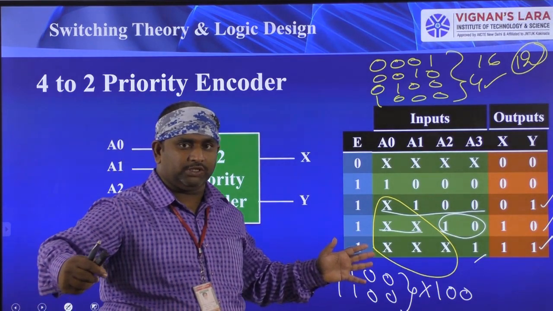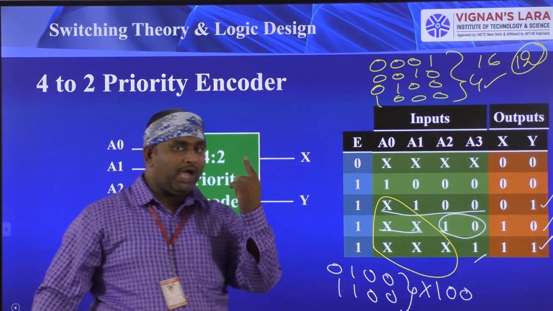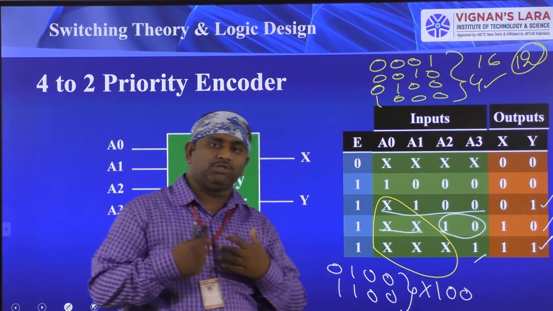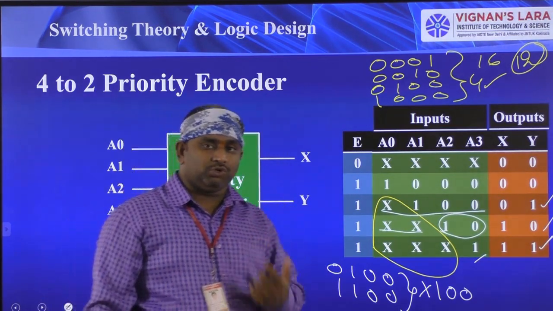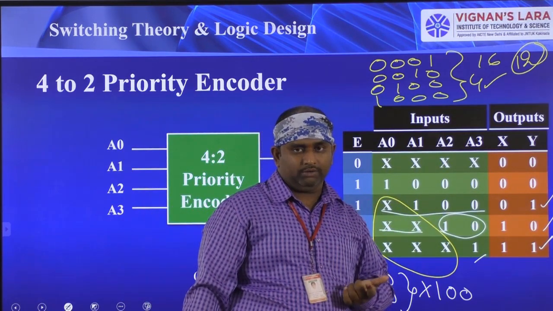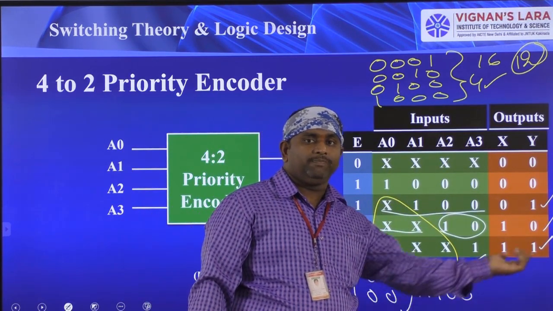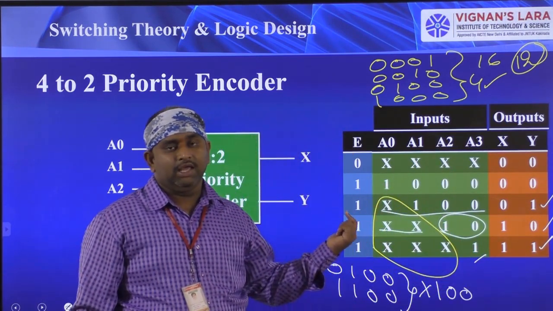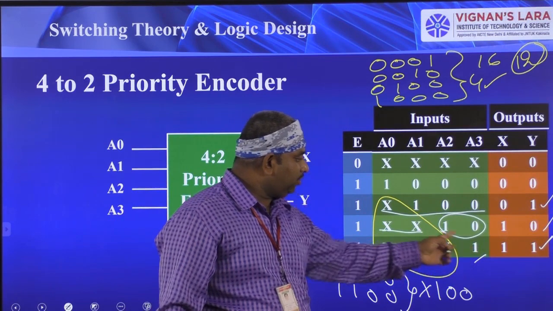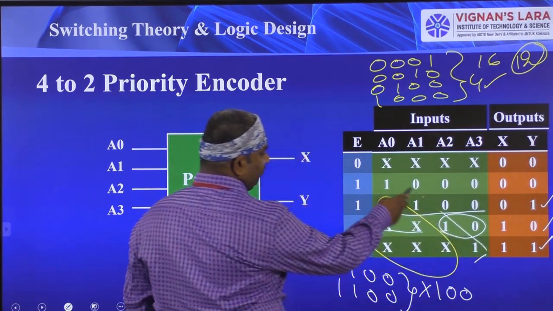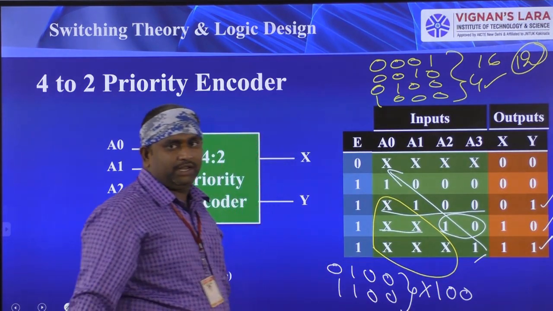We have multiple options. From that multiple options, we have taken only one option, that is nothing but priority, that is the process of priority. We are giving preference to one value, that is the LSB bit value is equal to 1. Okay, if LSB is not 1, then you go to the next bit. If it is also not 1, then you go to the next bit. Like that you have come from here to here, here to here, here to here, and we got the values. So this is the preference we have taken. Okay.